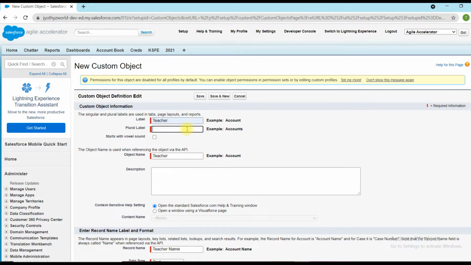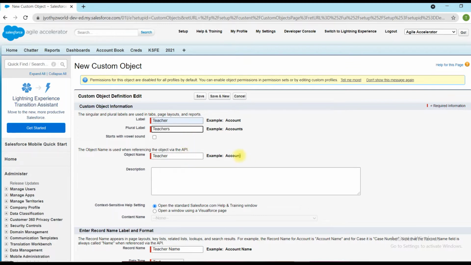The plural name, Teachers, will be used whenever this is a related list of another object, like Student, where one student may contain multiple teachers. In that case we can contain this information. Here we can provide the same, Teachers.